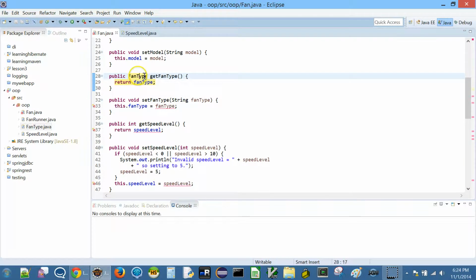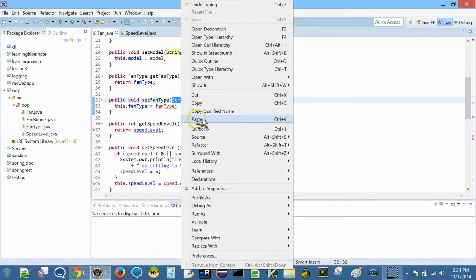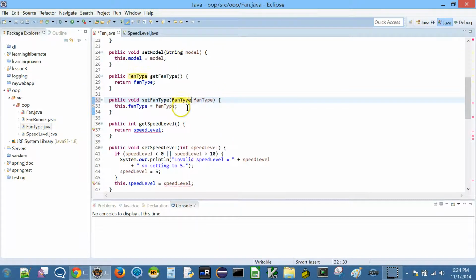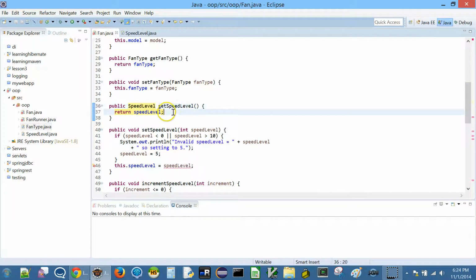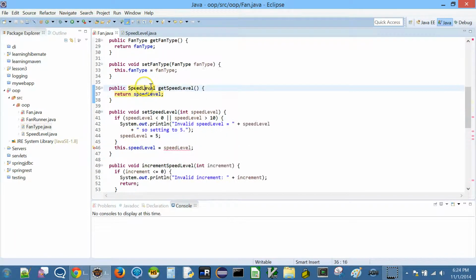Similarly, this setFanType is not a string anymore. Whoever is calling this has to supply a FanType, and then you can say this.fanType equal to fanType. And similarly, this is going to be SpeedLevel, right? And whoever is calling the setter should set the speed level like this.